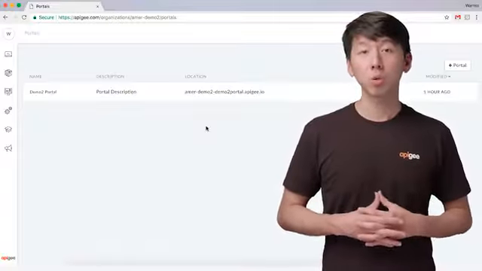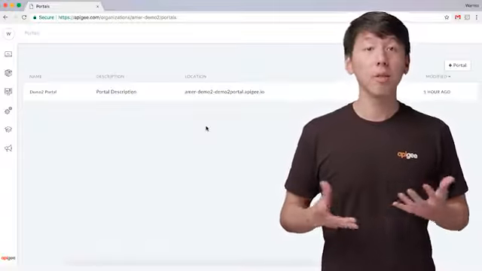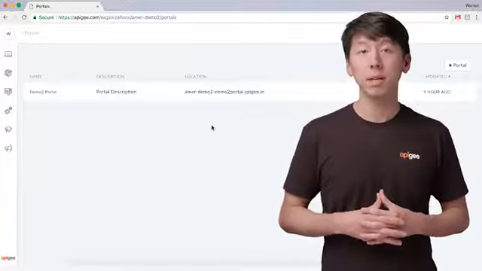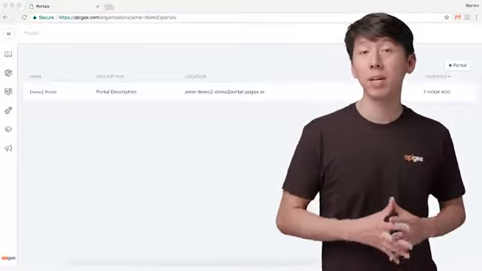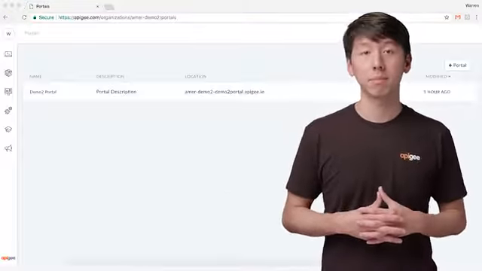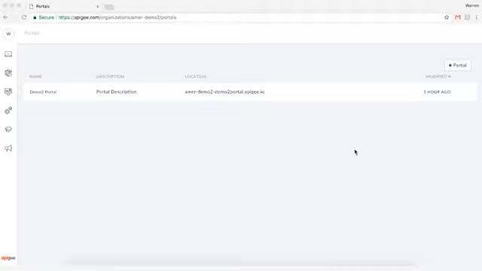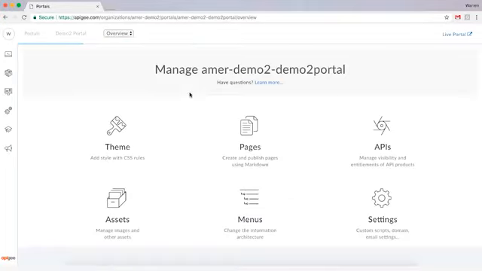In addition, you can also include forums, blogs, and other updates to your portal. The advantage of using a developer portal is that it can help app developers understand your APIs better and build an API community. Under the Portals menu, you will find the developer portal associated with your organization. You will typically have just one developer portal associated with your org. By clicking on the developer portal from the list, you will gain access to the portal settings, including the ability to create and publish pages, manage the APIs, create menus and themes, and add files directly.